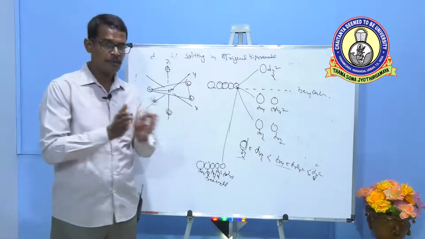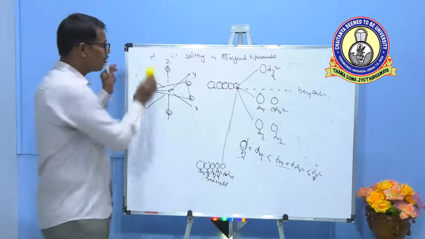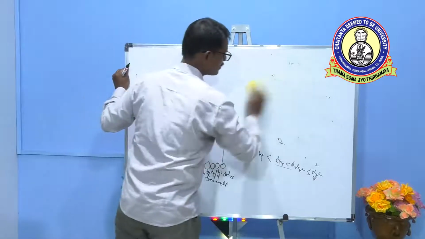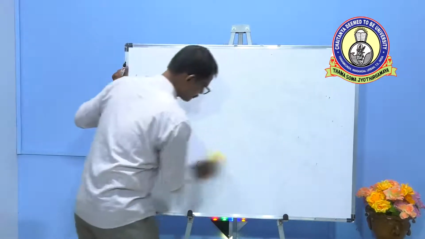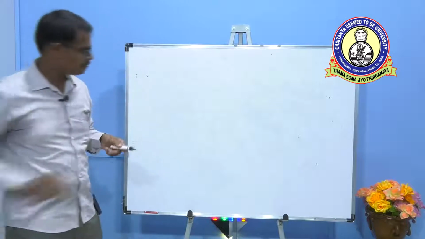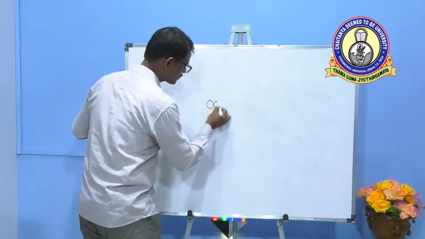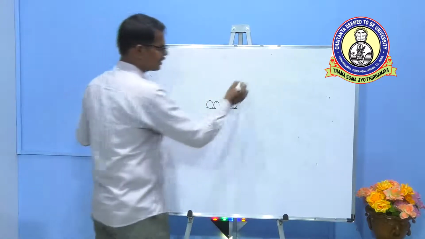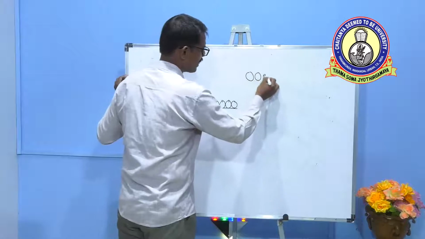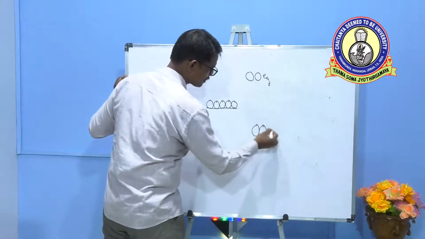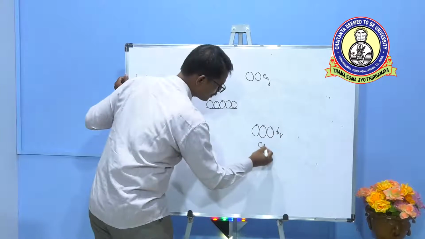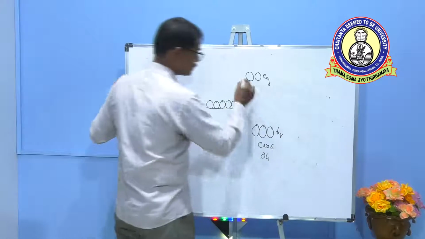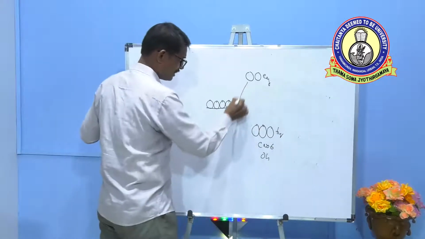Just before going to the conclusion, consider all the d orbital splitting in a single diagram. We can consider all the d orbital splitting energy in a single diagram. Just imagine this is a hypothetical energy state, meaning all are at the same energy. In octahedral, Eg orbitals are higher in energy, T2g orbitals are lower in energy. This is coordination number 6, octahedral geometry.